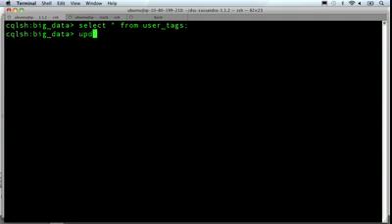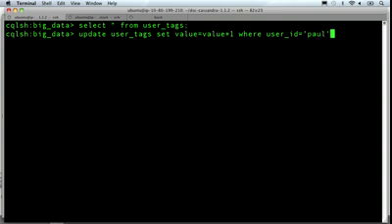So here, we're going to say update user tags, set value equals value plus 1. This is how you set a counter column in CQL,